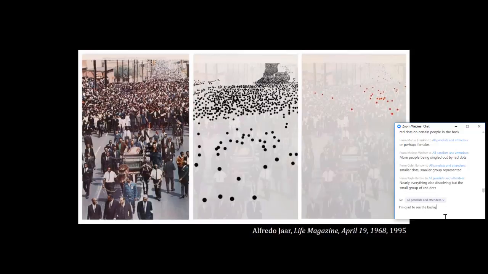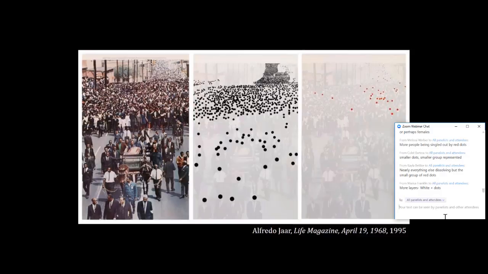To add, the technique that Alfredo Jaar is using here is what we call appropriation. You find that in a lot of modern and contemporary art, where artists are taking other artworks or photographs or materials that already exist in the world and manipulating them in some way to send a new message. So that's sort of what he's done here with this original photograph that he didn't take. Marissa's mentioning more layers.